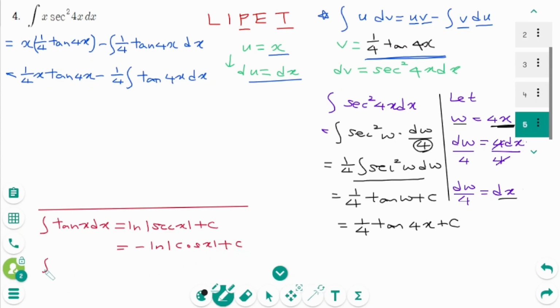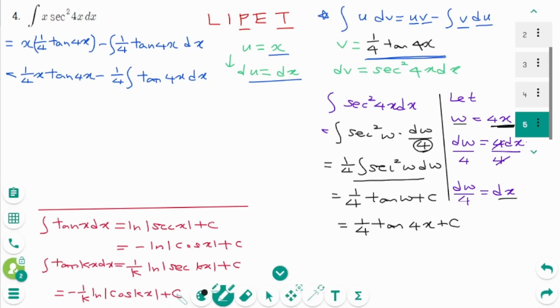So the integral of tangent kx dx equals 1 over k ln absolute value of secant kx plus c or minus 1 over k ln absolute value of cosine kx